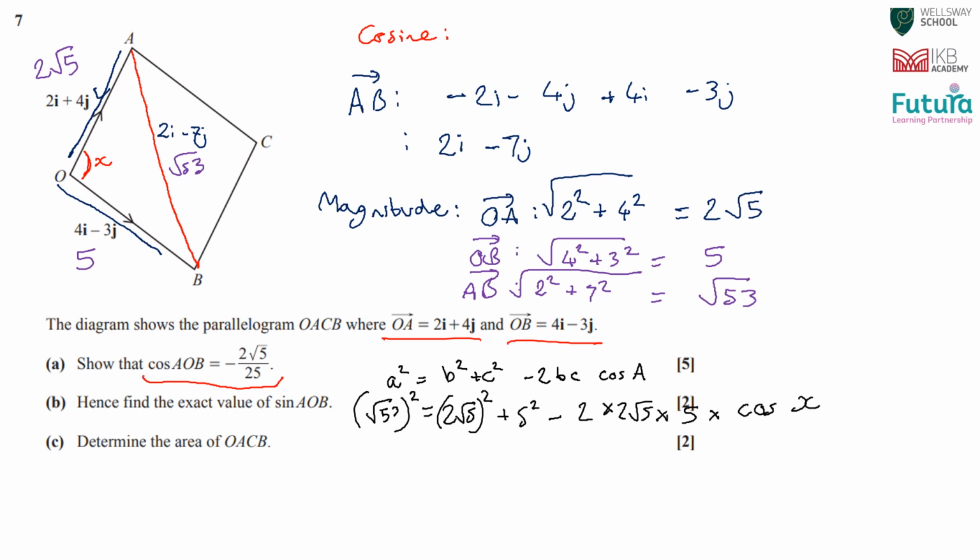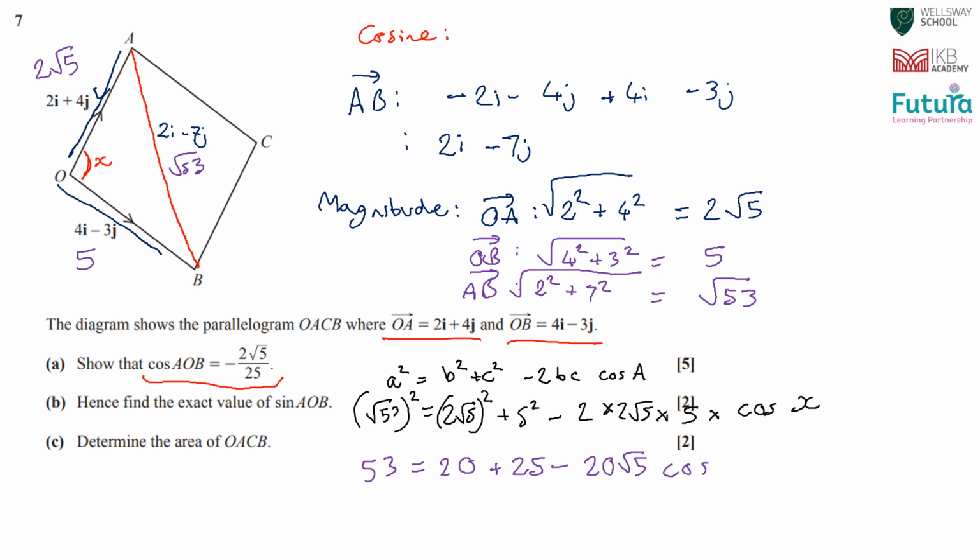Now, root 53 squared is 53, 2 root 5 squared is 20, 5 squared is 25, minus 2 times 5 is 10, 10 times 2 root 5 is 20 root 5,